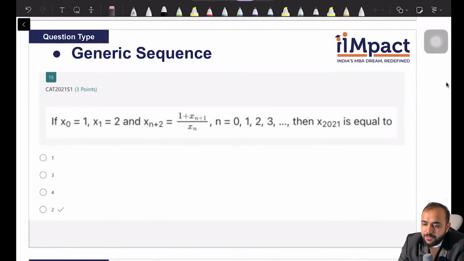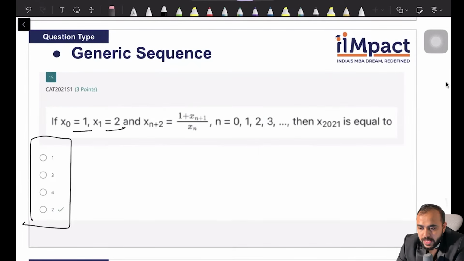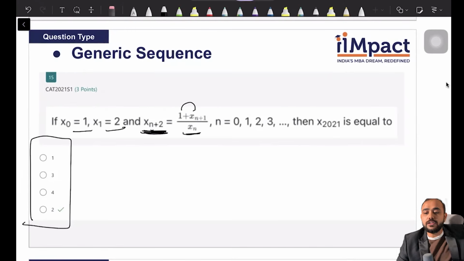Now the idea that I have to find the first few terms, that is clear. Do you also get the sense that there should be some sort of repetition happening? Do you see this screams block pattern? Because look at the options and look at the initial values, they are so close. Furthermore, x is actually 1 plus something by x, so there is no degree here to cause some sort of exponential growth or something which links towards repetition. So let me write 1 is the first term, second term is 2,